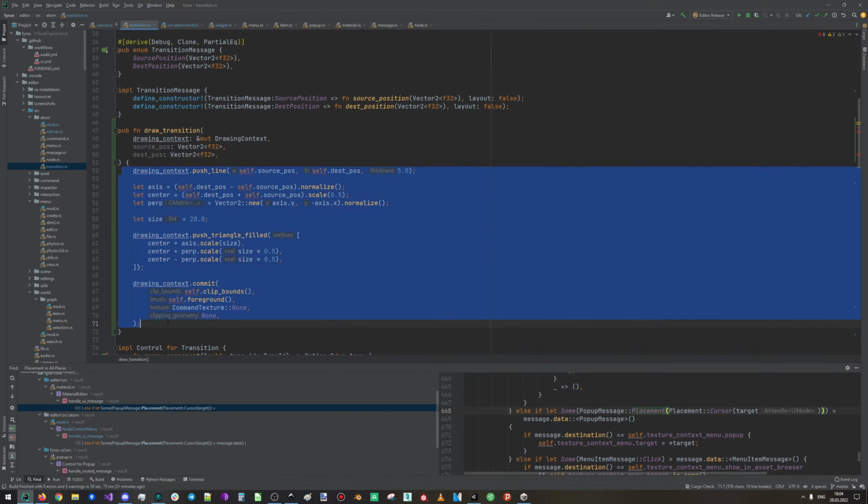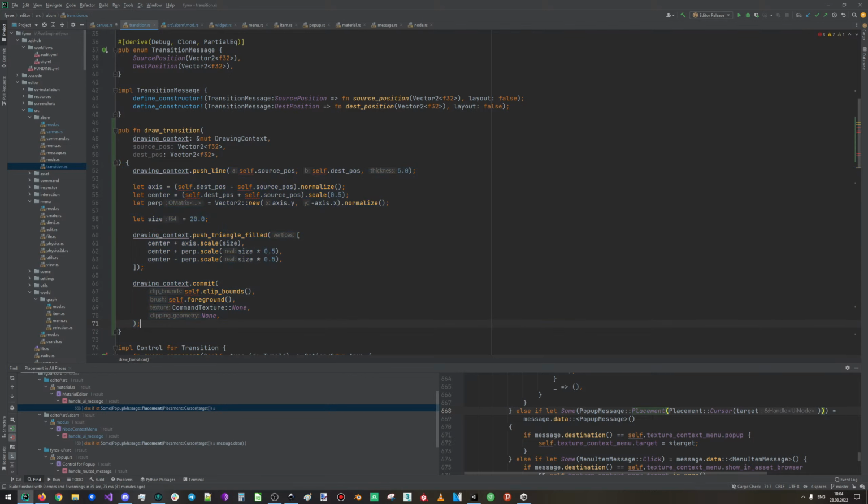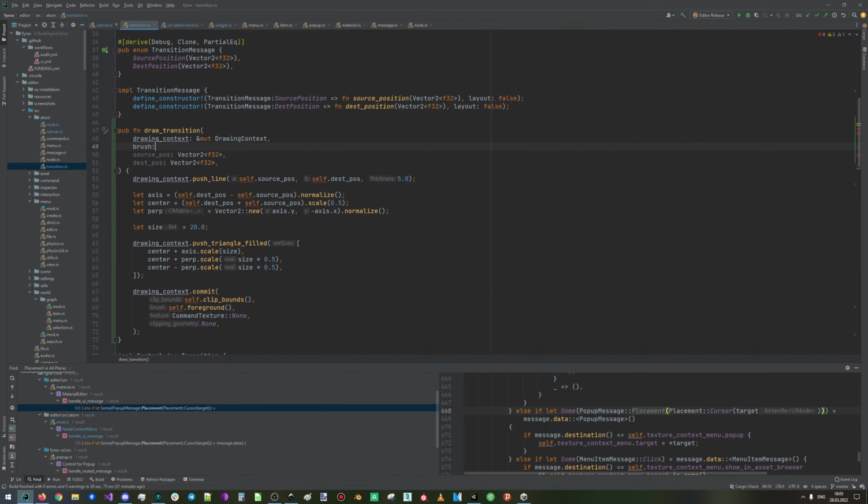And we also should cut all right, it should commit the clip bounds, not the clip bounds, it should commit the drawing command. But for this, we should have the clip bounds and foreground, and probably,